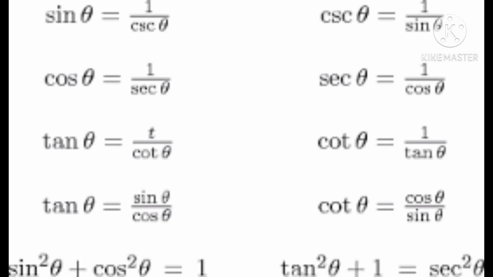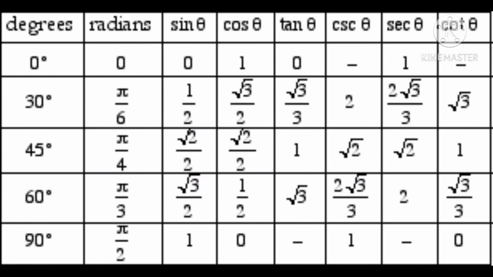Okay, again the tabular column: sin 0 degrees is 0, 30 degrees 1 by 2, 45 degrees 1 by root 2 and 60 degrees root 3 by 2, 90 degrees 1. Reversing gives cos theta, and the division of sin theta by cos theta gives us the tan theta value.